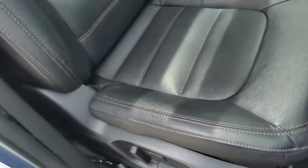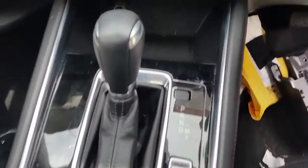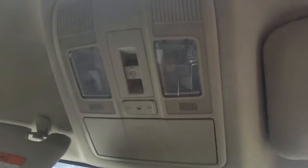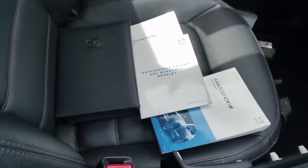This vehicle's fitted with black leather interior with orange stitching. It's got a black leather centre console lid, automatic type console, automatic gear shifter, dual zone heater controls, factory sat nav unit, interior mirror, courtesy lamp, sunroof and sunglass holder type, left sun visor, owner's manual, service book in a